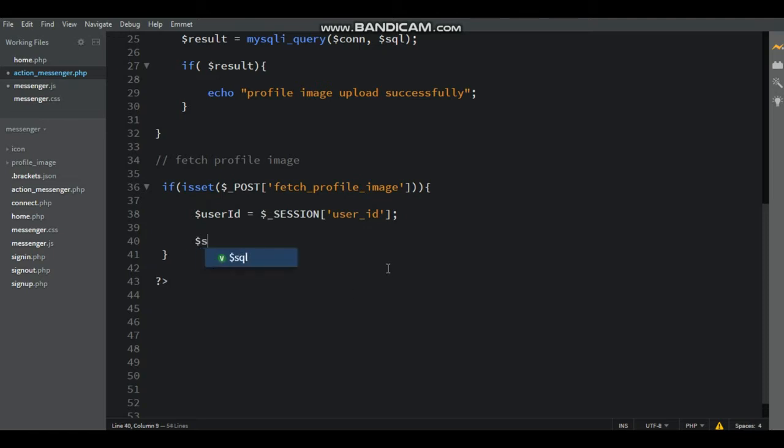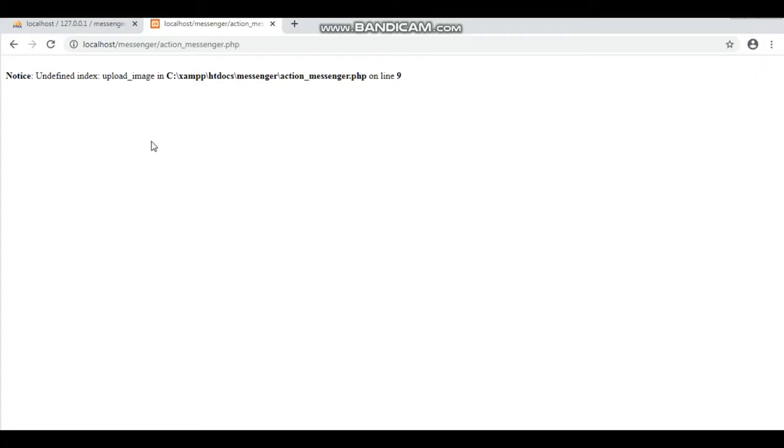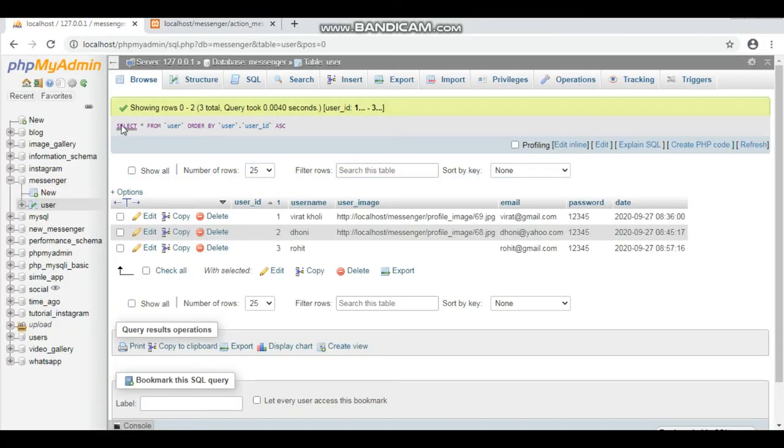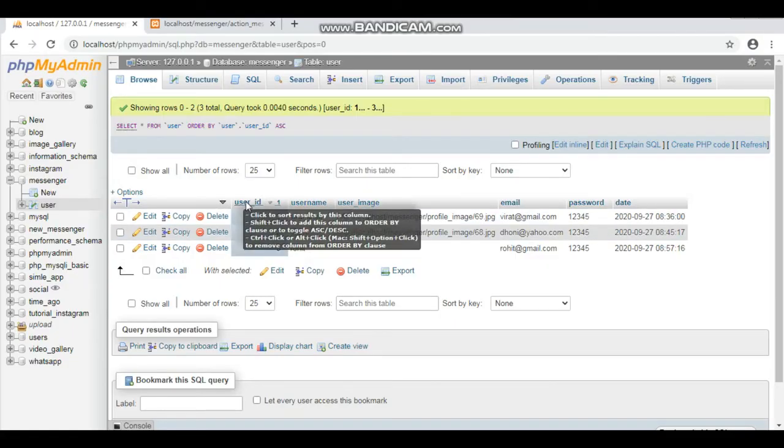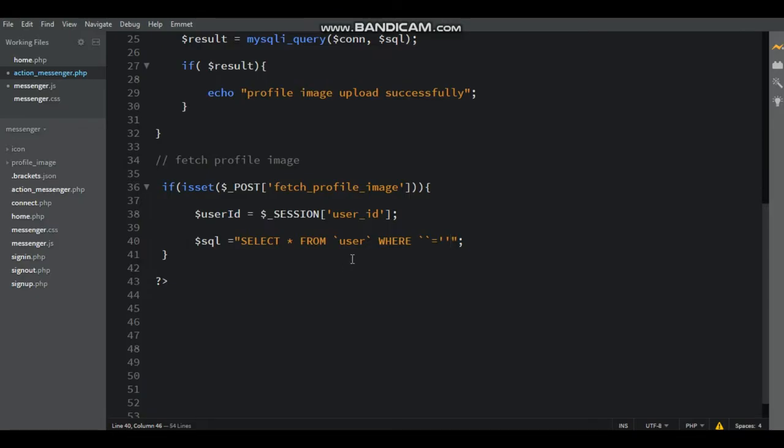Now write SQL query, $sql equal to within double quotes, close with semicolon. Go to the phpMyAdmin, copy select from user and paste inside the double quote. Here select from the user where user ID equal to session user ID.